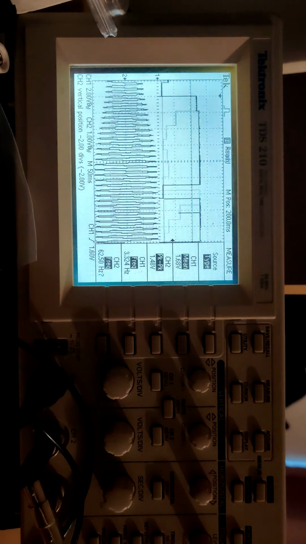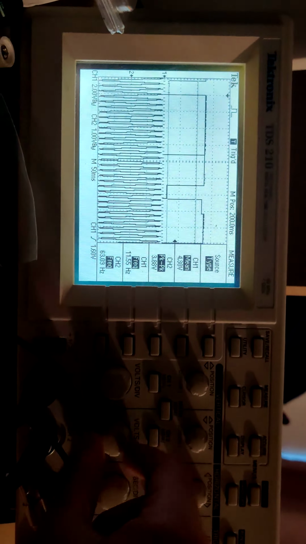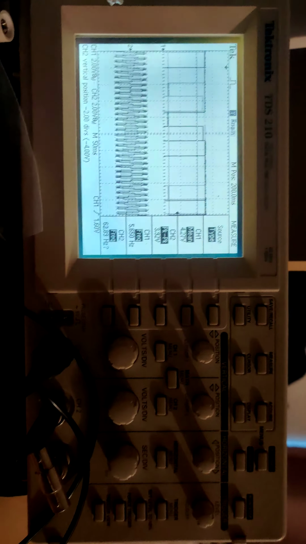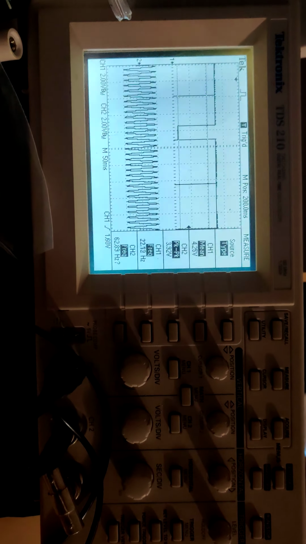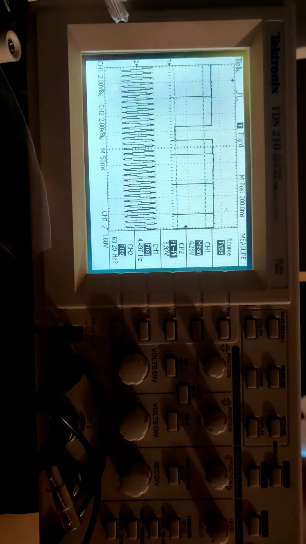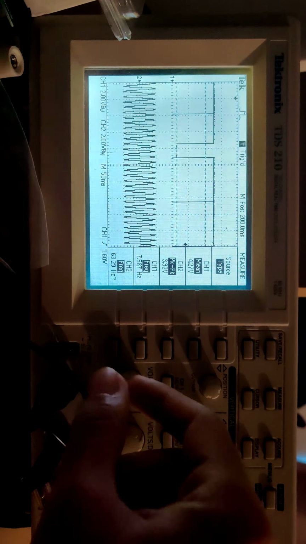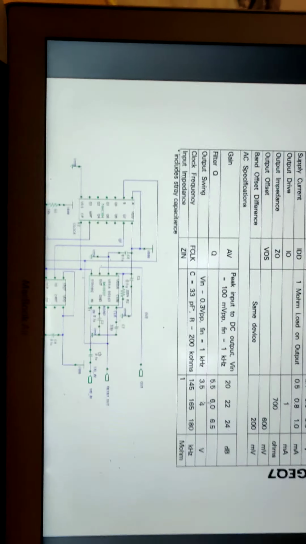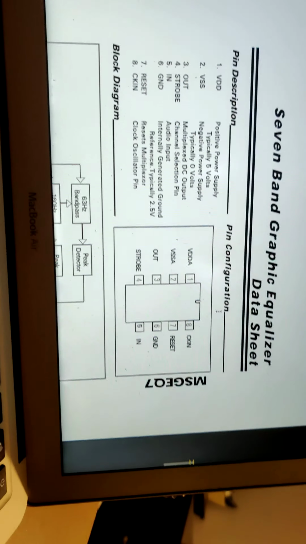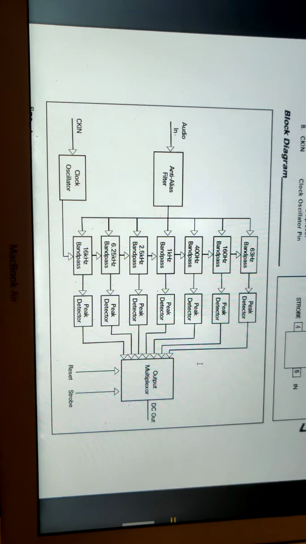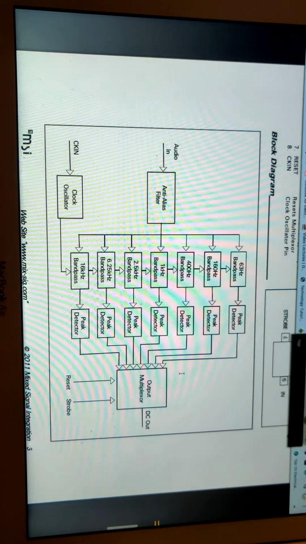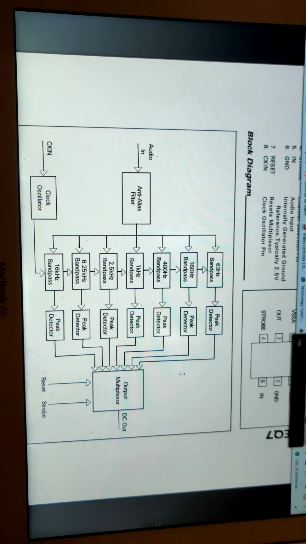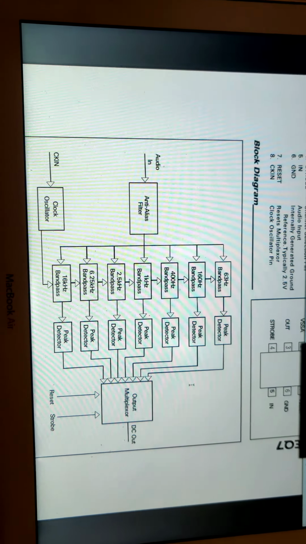So this is as high as my function generator can go, and we can see here that the output is completely messed up, because instead of seeing 7 different segments, we just see garbage, because we saturated all the inputs of those lovely filters, and